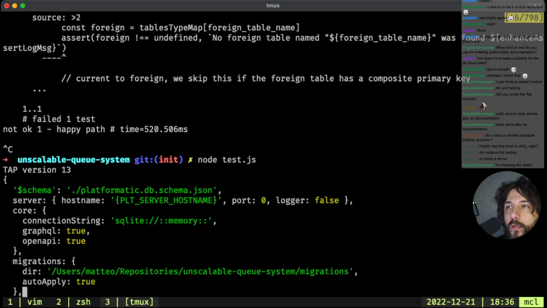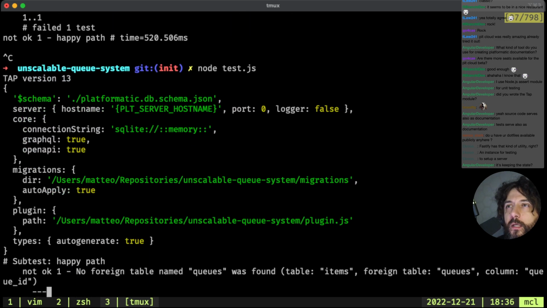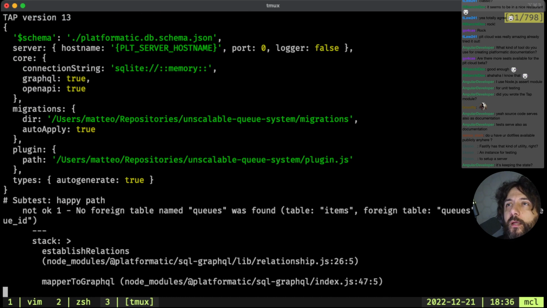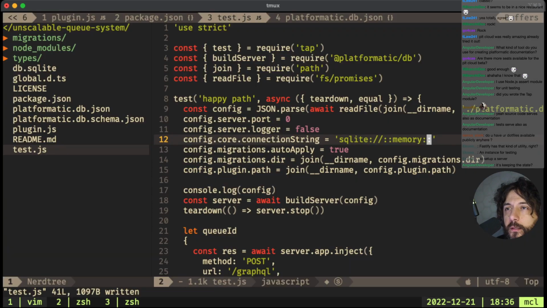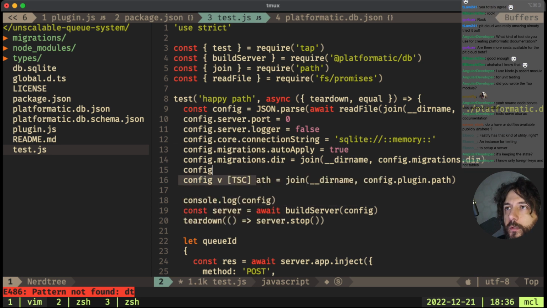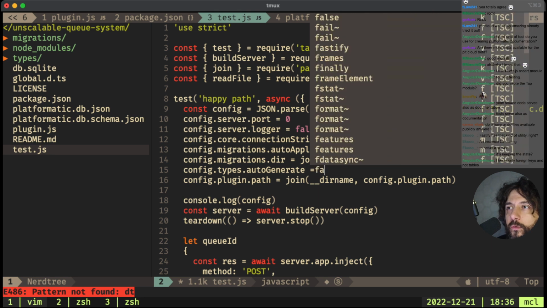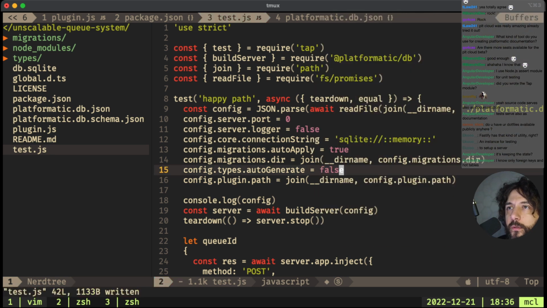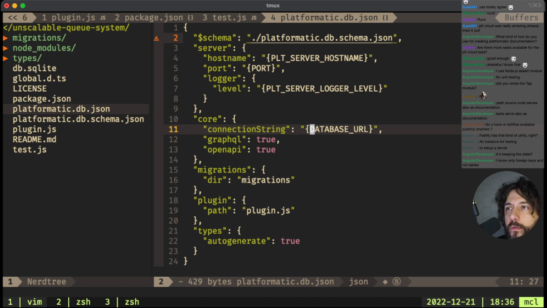Okay, the logger, migrations, yay, and I want auto generate false.